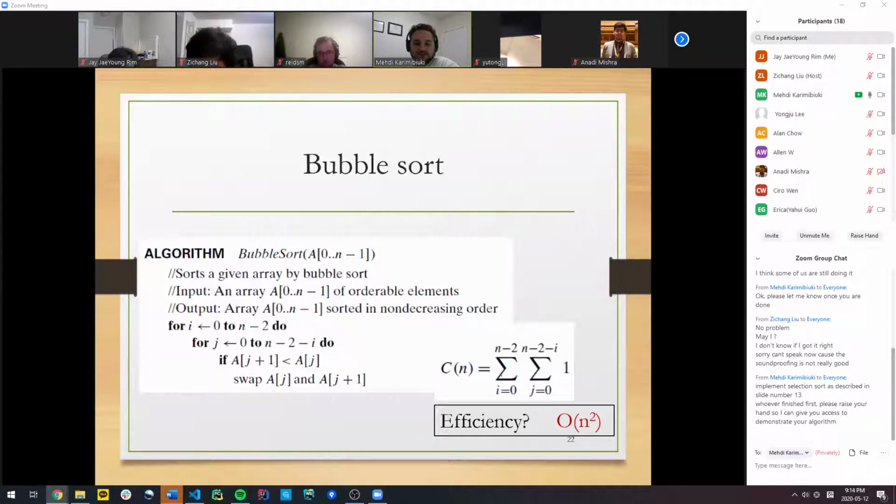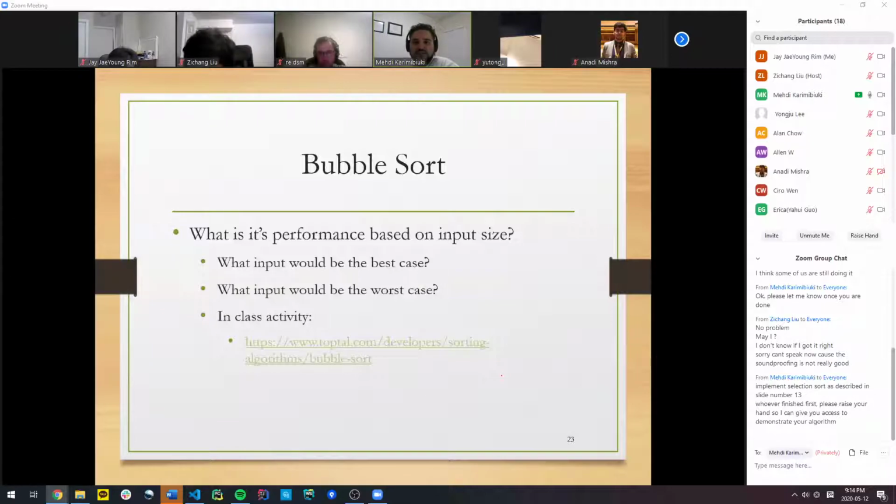All right. So if you guys go to slide number 23, there is a link that I have shared with you. If you click on that link, it just shows you different ways that bubble sort is helping to sort different types of arrays. There are unordered arrays, there are ordered arrays, there are arrays that have been ordered reversely, and it shows you how much time it takes to order them, side-by-side comparison. So I advise you to please click on that link that I have shared with you, so you can get an idea about